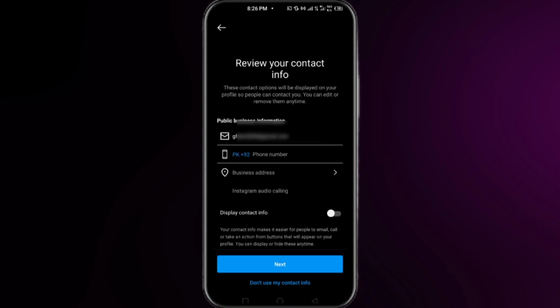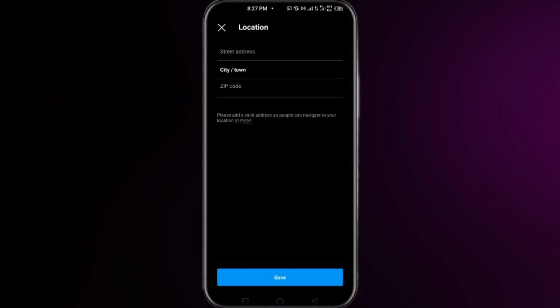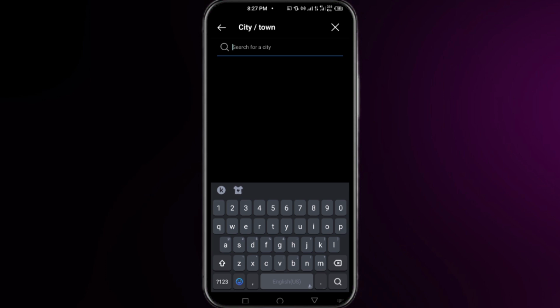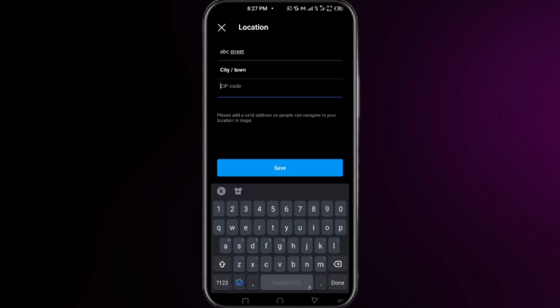So then you will be here at this interface. Here you can see an option of business address. Simply click on it and yes, here you will be able to add your business location here. Like you can add here the street, your city or your town, and then you can also put here the zip code of your city or your town. So after putting your business location here, you have to simply click on the save option at the bottom,